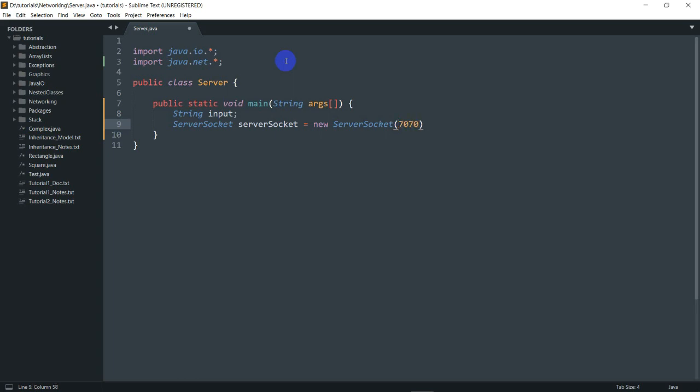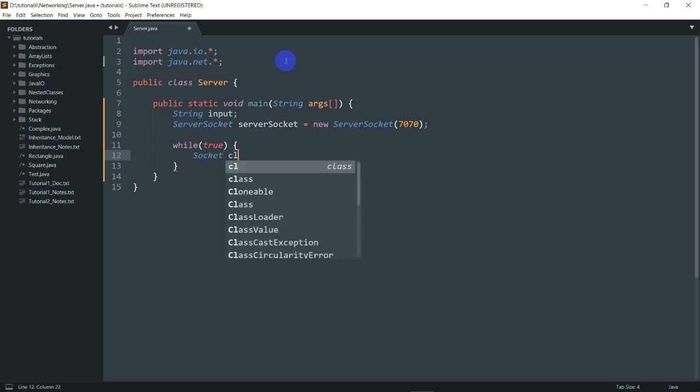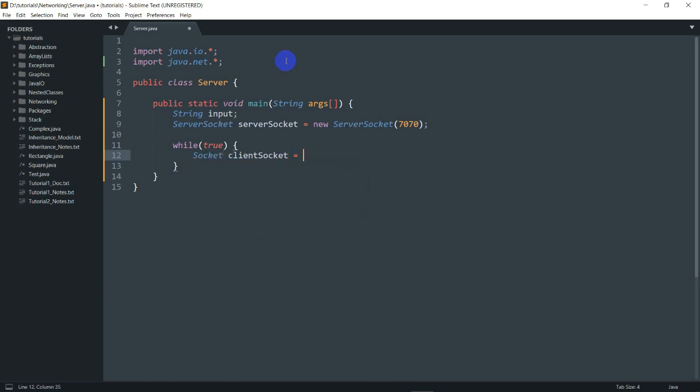So let's just give this something like 7070, and next let's run an infinite loop, because we don't want this server to stop running. We don't want this program to stop running. We want it to keep running. So here let's create another socket, and this is the client socket, and for this we need to write server socket dot accept. So this is where we establish a connection with our client,